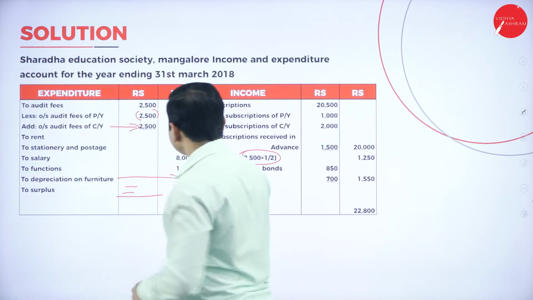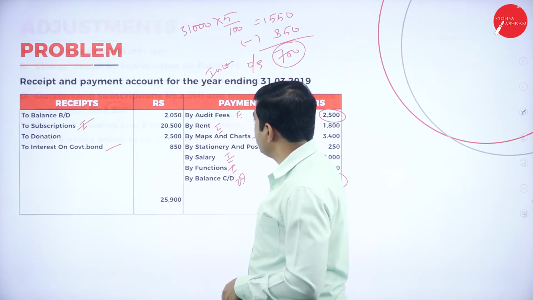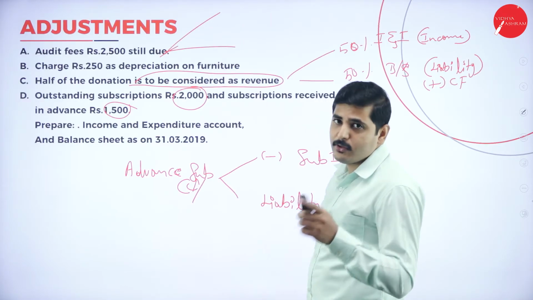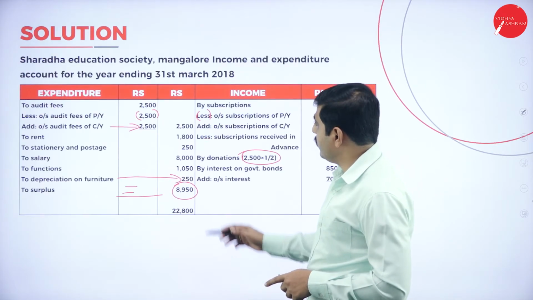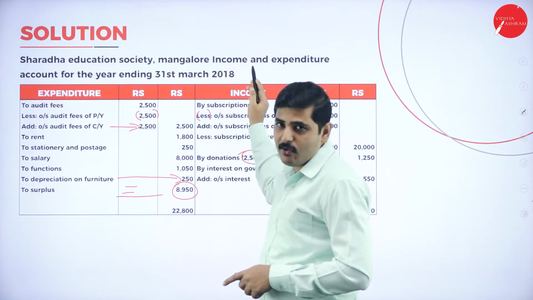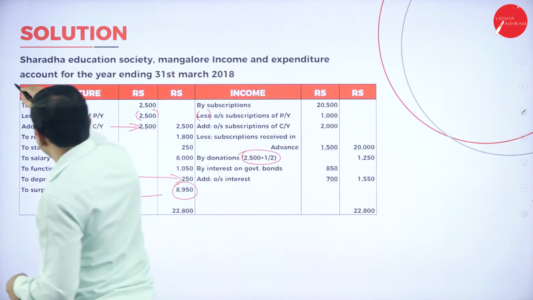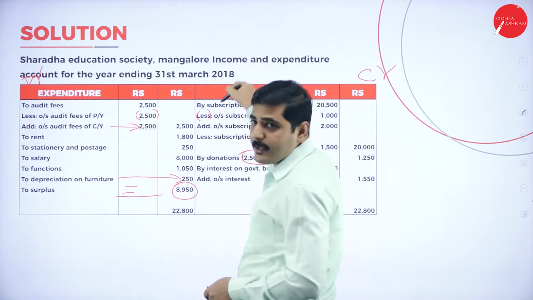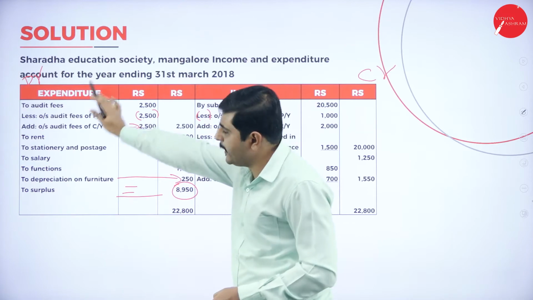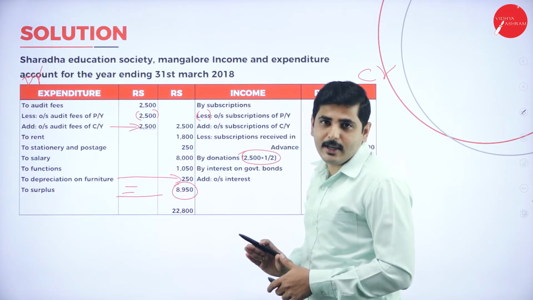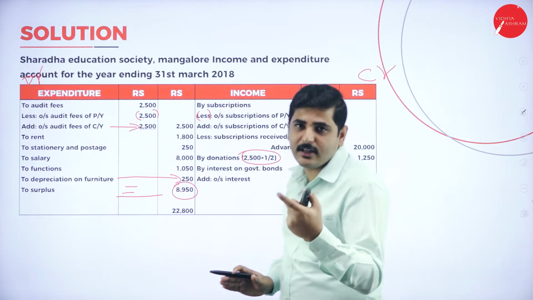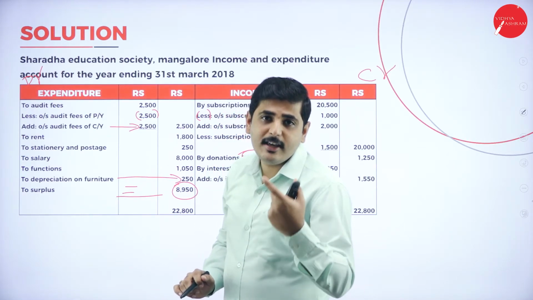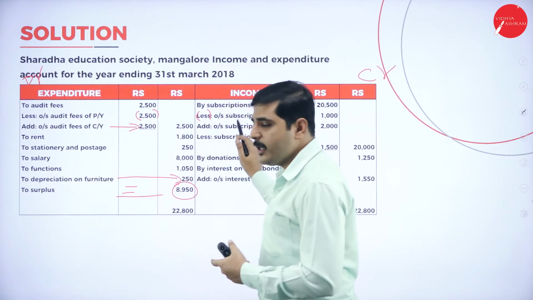So let's see, coming to the first point. Now going to the payment side. Many of you will get confused here. Even though the heading is income and expenditure account, the debit side always represents expenditure and the credit side represents income. It is not income on one side and expenditure on the other. Always keep this in mind. Debit all expenses and losses, credit all incomes and gains. That is what the nominal account says.